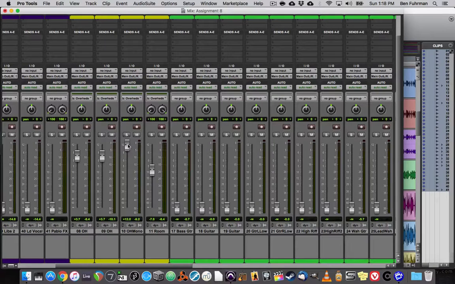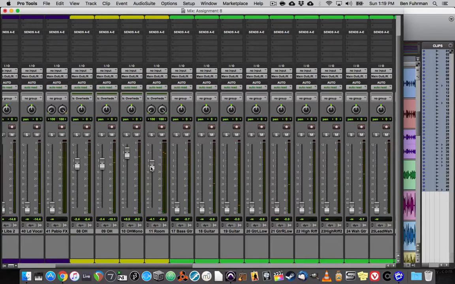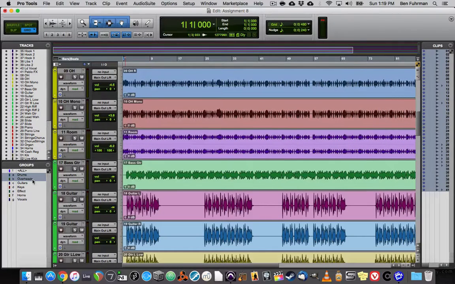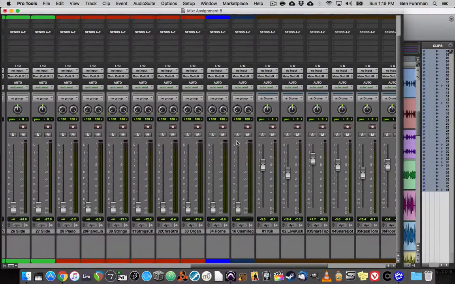But then, as soon as I take my hand off Control, everything goes back to where it was supposed to be. So I really want to just add in a little bit more room noise. I can hold down Control to do that, and then take everything down by just taking my fingers off and making sure that that group is selected here for overheads. So that's what you would do. You would go through, you would then mute both groups that you've done